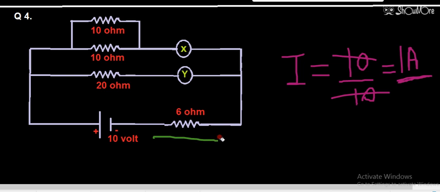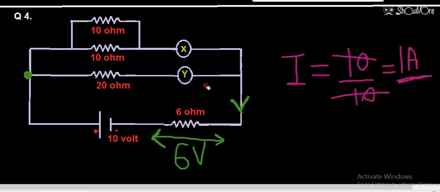Some voltage will drop across this 6 ohm because it is a series combination. So 6 volt, 1 ampere current is coming from the battery again. So 6 volt will drop across this 6 ohm resistance. Then from this point onwards, the remaining voltage is